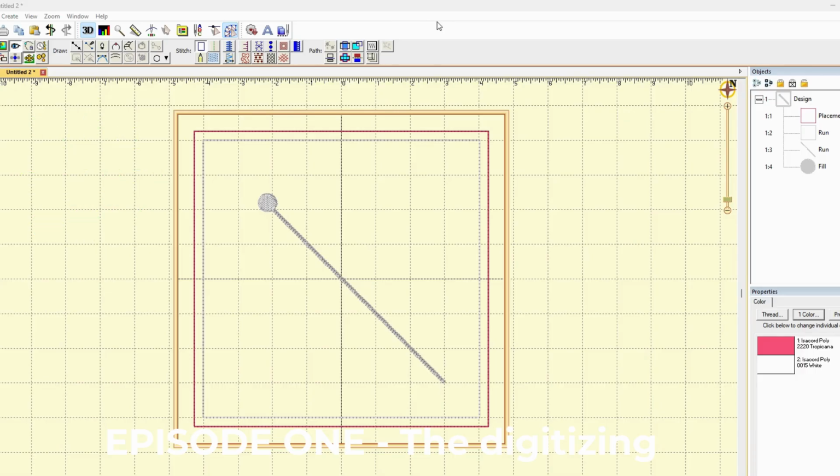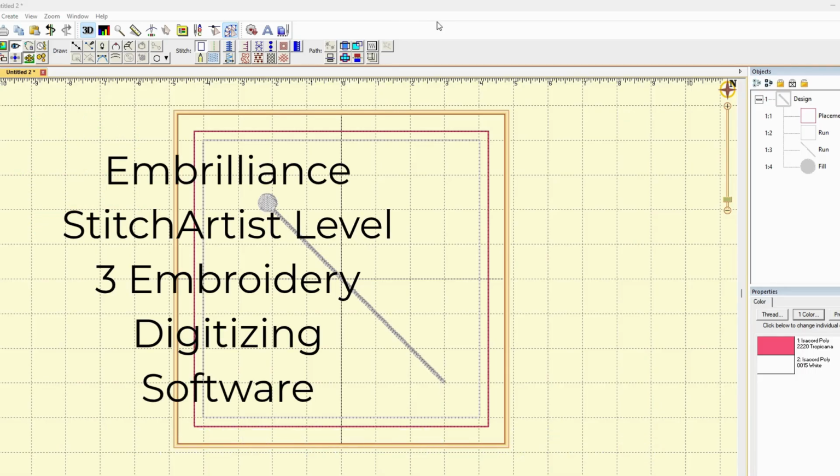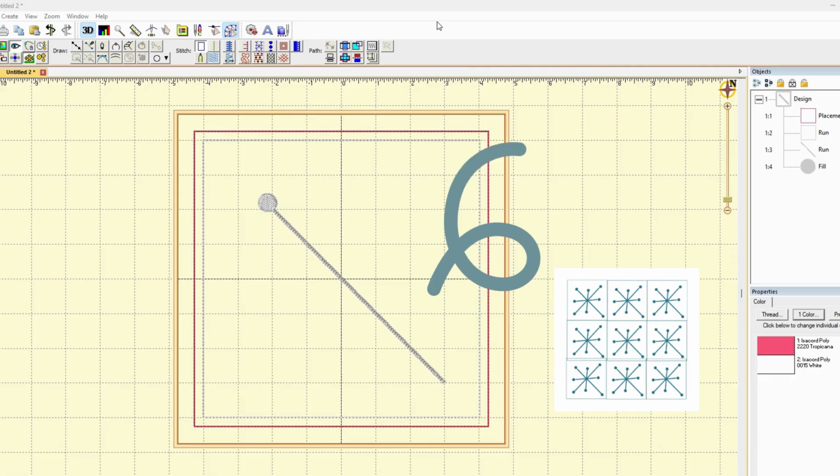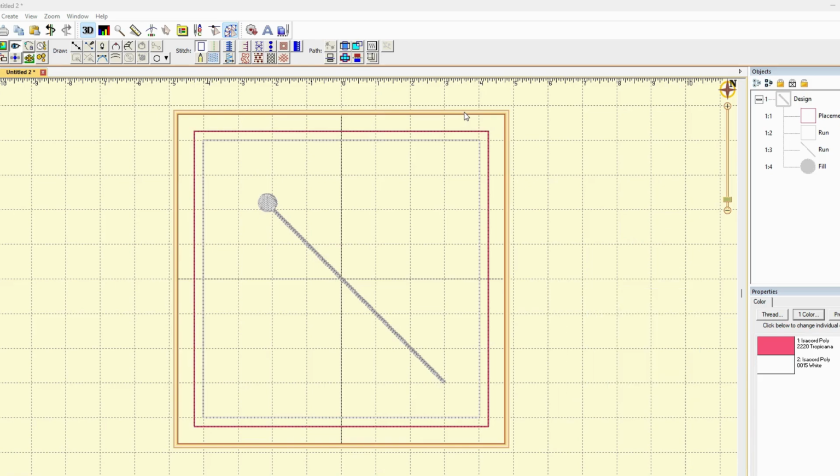Hi, I'm working in Embrilliance Stitch Artist software, and I'm building a quilt block. My idea is to have a grid of these quilt blocks to fill a 24 by 24 inch quilt. And so I'm using 8 inches as my base block. I've got the level 3 tools, and I thought I would just make a video showing the process